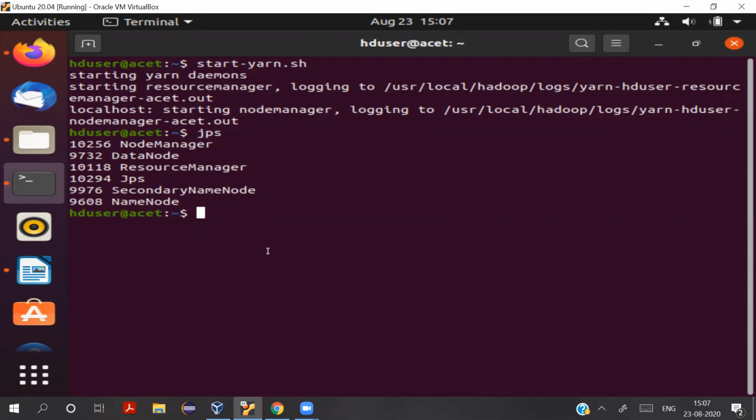Okay. In my next video, I'll tell you further about how to view this cluster, how to use the default folder in HDFS, and how we can see the various processes. Okay, so that would be in my next video with you.